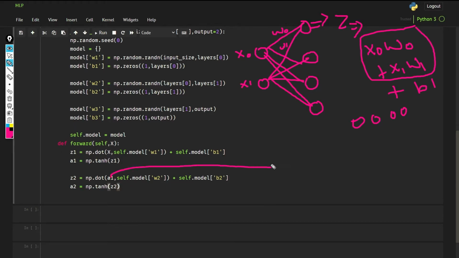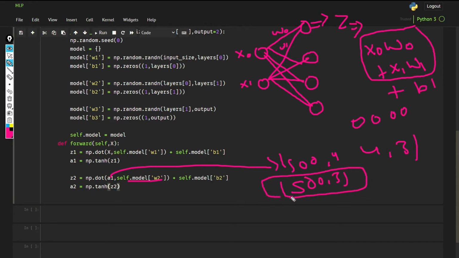The shape of a1 is 500 by 4, and the shape of w2 is 4 by 3. So when we multiply these, the output is going to be 500 by 3. Now we will add the b2 part here, so the shape is still the same. Then we will pass this through the tanh activation function, and the shape is still going to be the same.